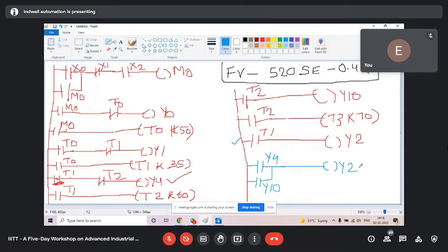Okay, fine. Next, you see, now we all will learn Mitsubishi software, that is GX Developer I shall use. You can use GX Works also. Both softwares will be similar. So I shall remove this. If you want its screenshot, you can keep.